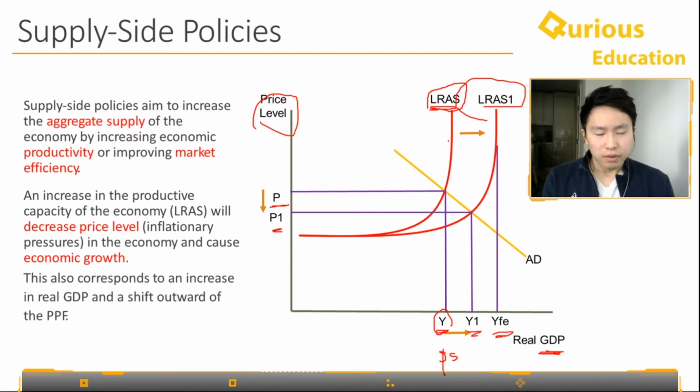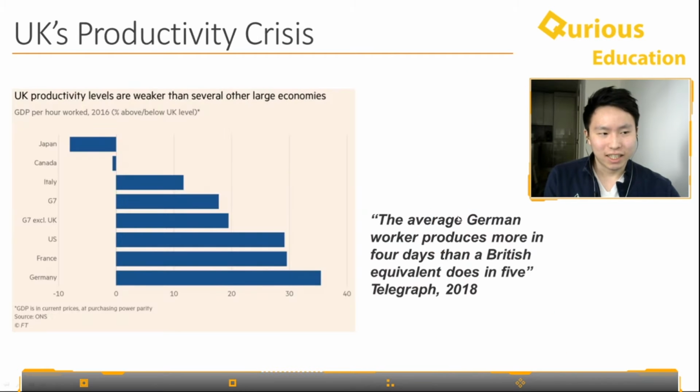So a good thing to be aware of is that when a supply side policy is successful, it would shift the RAS to the right, which means an increase in the amount of goods and services we produce in the economy, and also it would reduce the price level in the economy, which means disinflation in most cases, so a reduction in the level of inflation in the economy. Okay, cool. So this is how we hope the policy would increase GDP and cause economic growth. But let's get down to the nitty-gritty of the policy. Okay, so